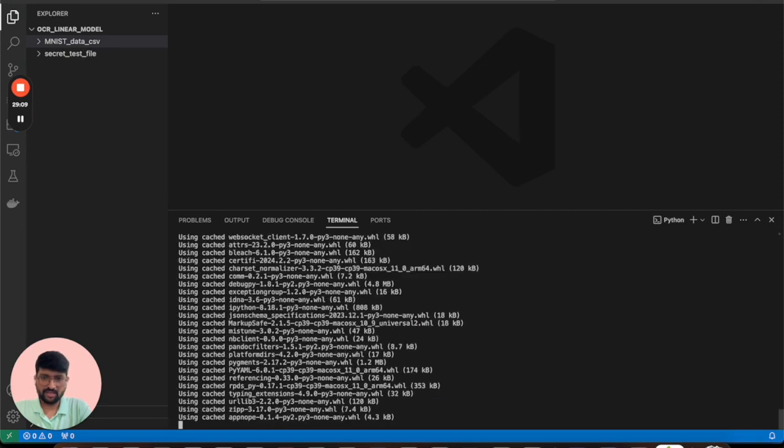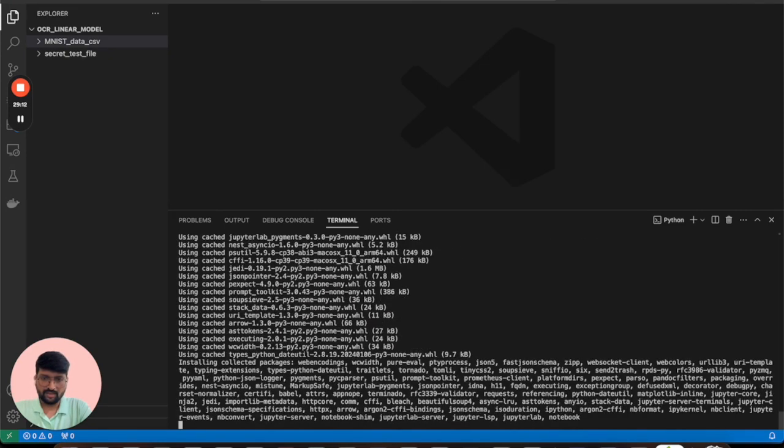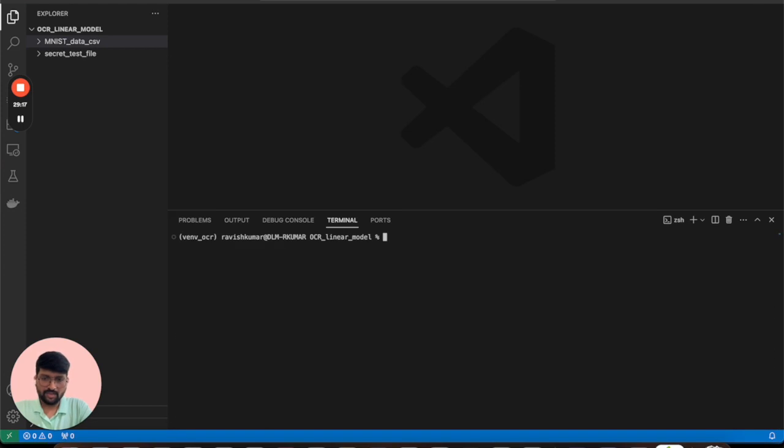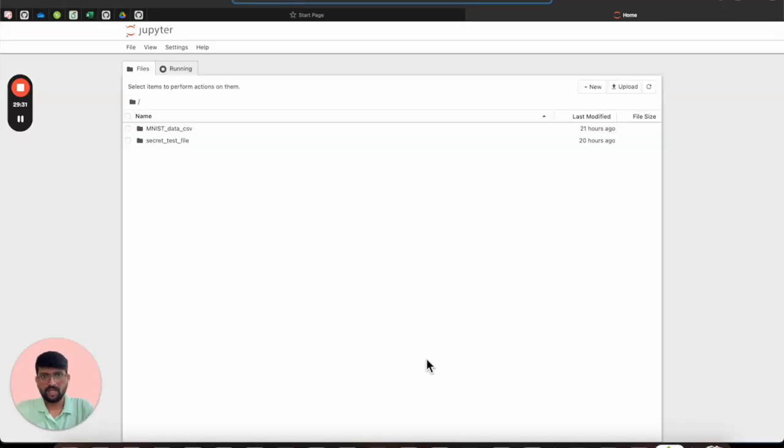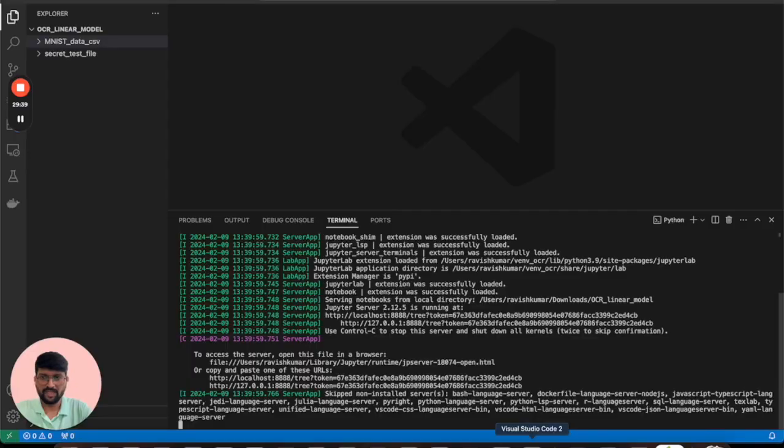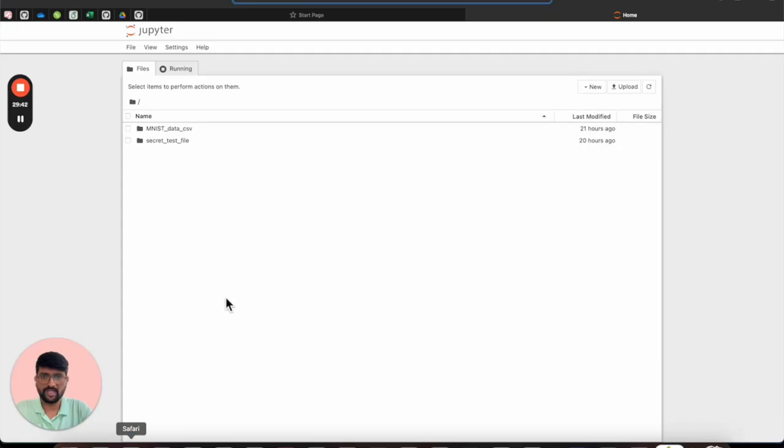This will take some time, but see, it will be installed in just a while. Yes, it is installed now. So after that, we will be using Jupyter notebook to write our codes now. It will open a localhost link, which is directly referring to your VS Code only. So this particular folder is being loaded here. Now this loaded folder can be directly used to create a